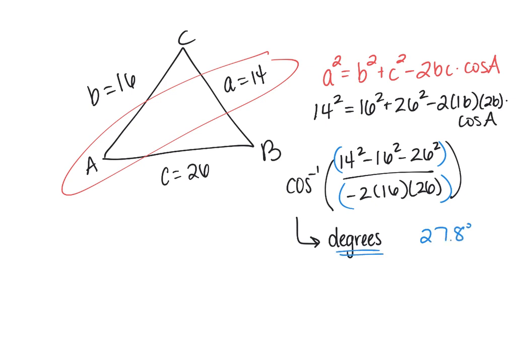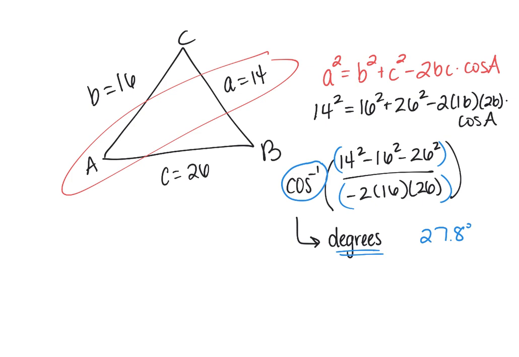So I would check to make sure that you had your degrees. I would also make sure that you were doing the inverse cosine and not just the cosine. That might be part of the problem. And I don't know what else between the way it got typed in, being in radians, or using cosine instead of inverse cosine. One of those three things is probably what happened here. If you're still getting the wrong answer, if you don't mind sending me a picture of what you typed in,